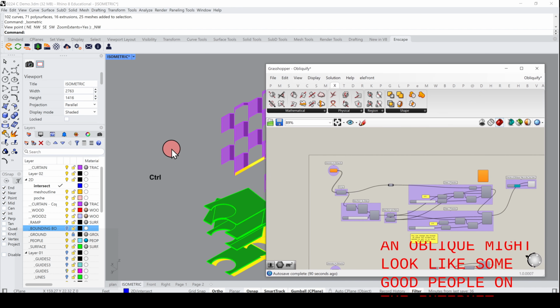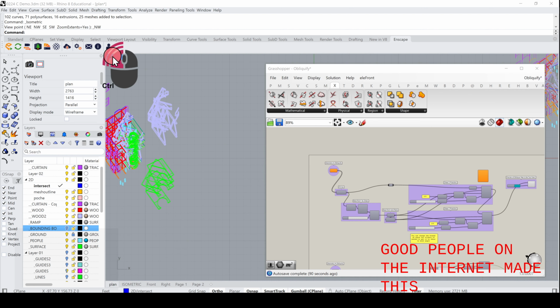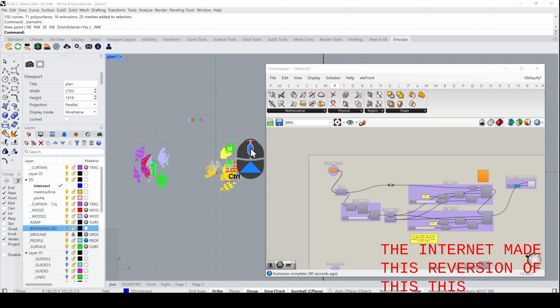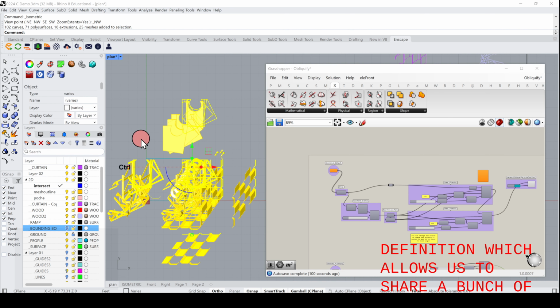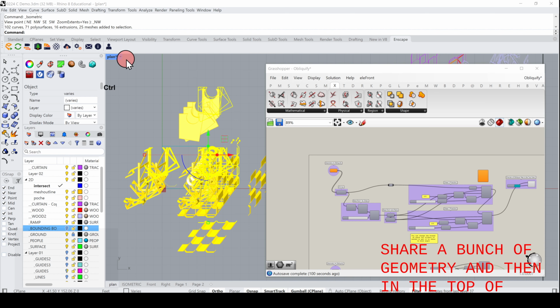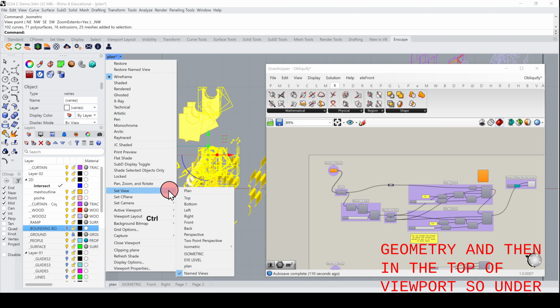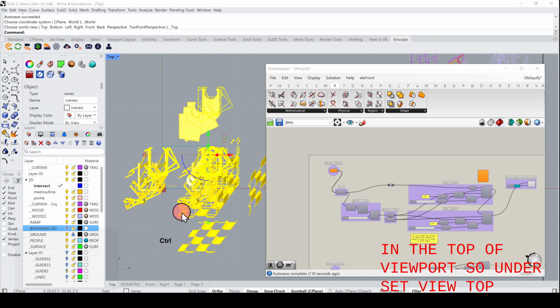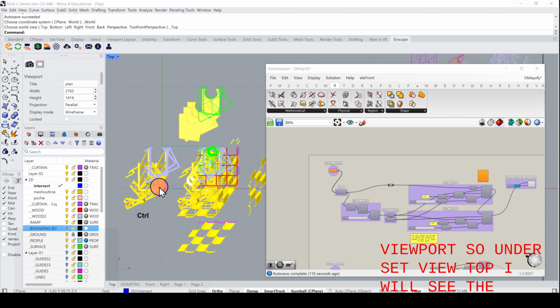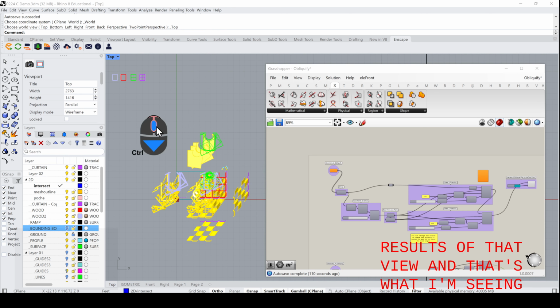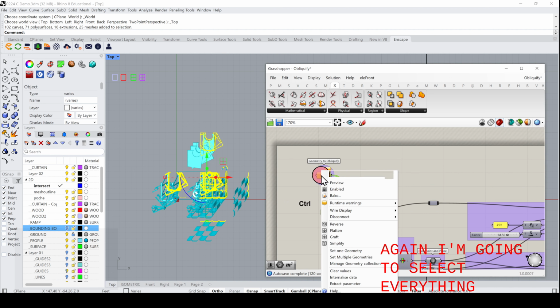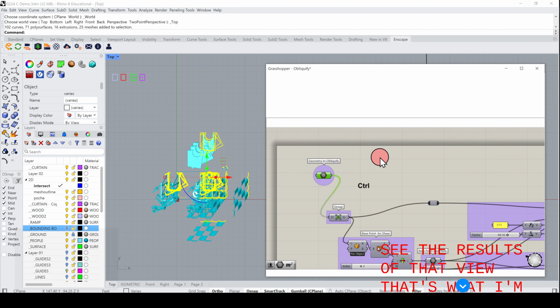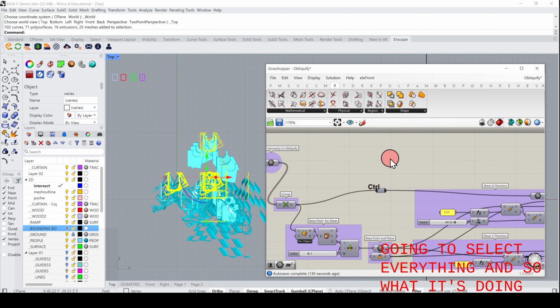Some good people on the internet made a version of this definition, which allows us to shear a bunch of geometry, and then in the top viewport, so under set view top, I will see the results of that view, and that's what I'm seeing in yellow here. So again, I'm going to select everything. I'm going to go up to geometry to Obliquify. I'm going to right click, and I'm going to set multiple geometry. And so what it's doing, we can see in blue here,